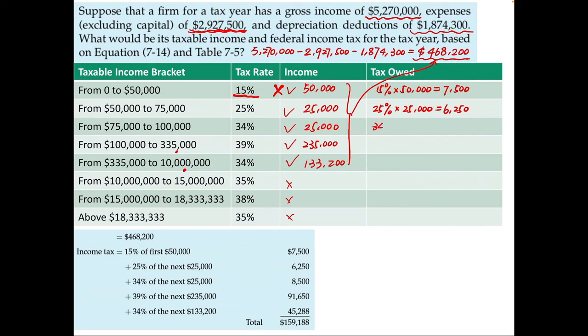And the third bracket is to use 34% times 25,000, which is 8,500. And the fourth bracket is to use 39% times 235,000,